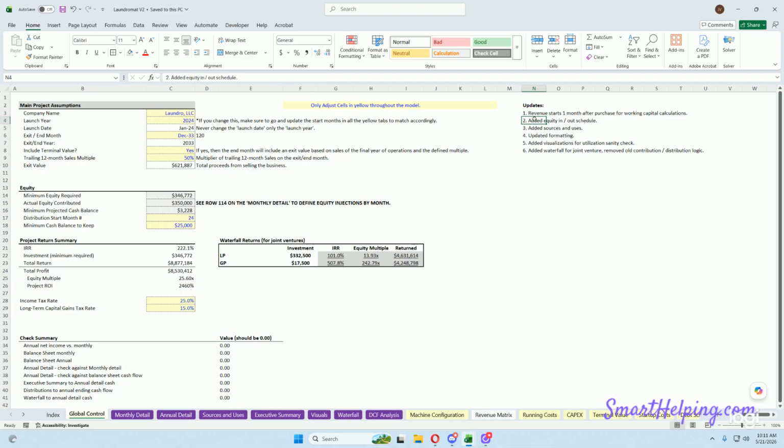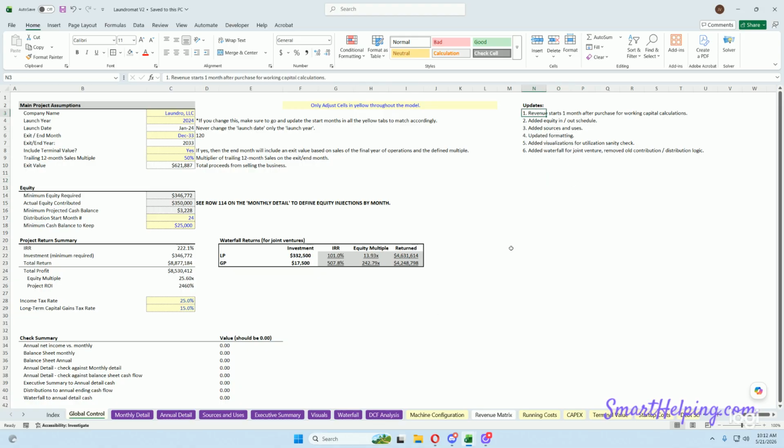The equity in and out schedule, which is the main thing we've been doing to all the templates, that's one of the main updates they're all getting. Sources and uses, formatting. I added some visuals for sanity checking, which shows hourly average uses per hour and I believe per day. And then I added a waterfall with joint venture and removed the old contribution distribution logic. So all this is just cleaner, more usable, a couple more bells and whistles. So let's go through